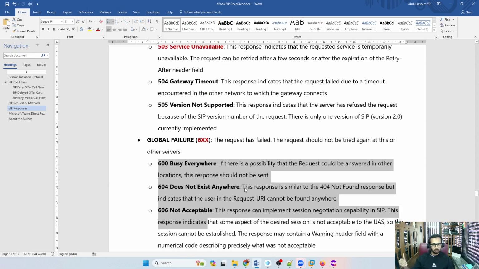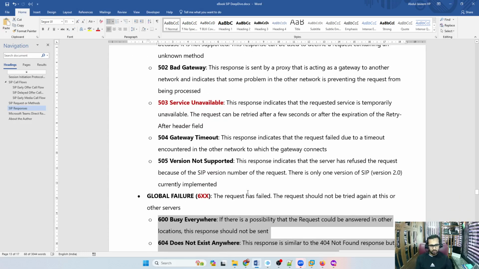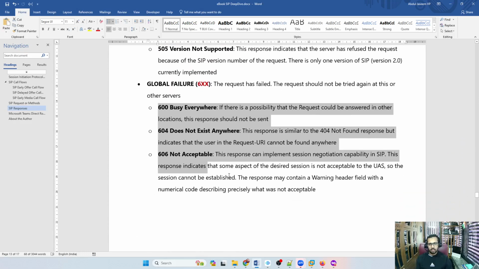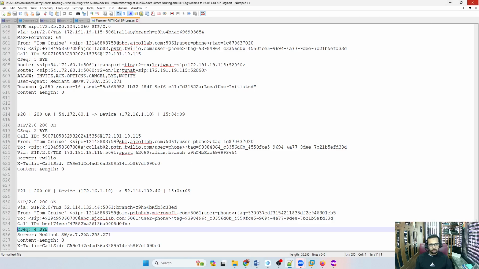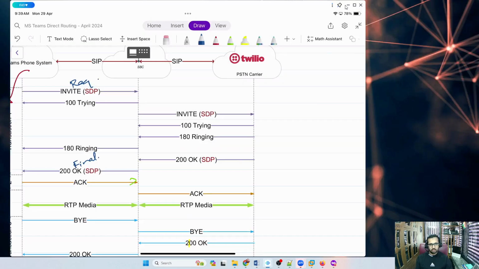So these are the responses. 1 means informational. 2 is success. 3 is redirection. 4 error, 5 error, 6 error. 4, 5, 6 are all errors. 4 is client error, 5 is server error, 6 is global failures. Those are the responses. Now what we're going to do is, since we discussed a lot of theory,